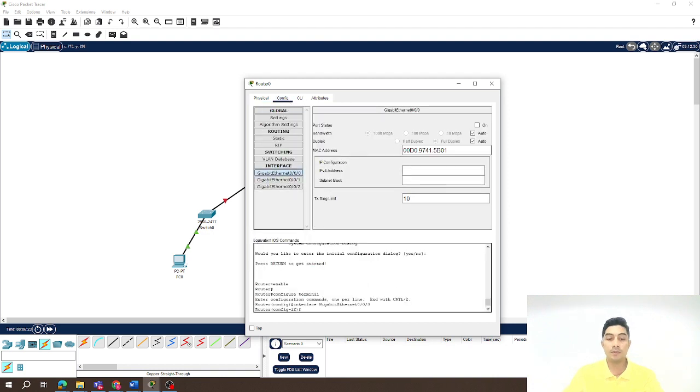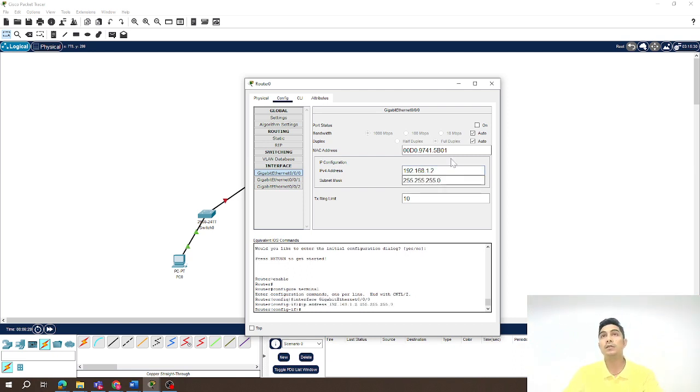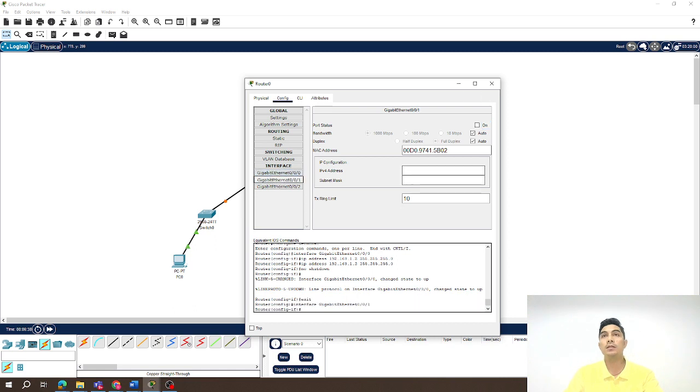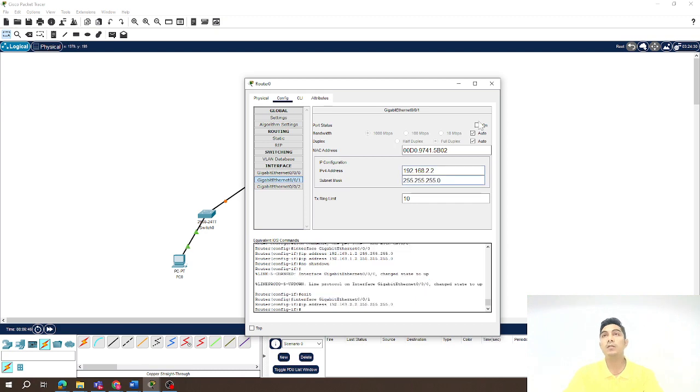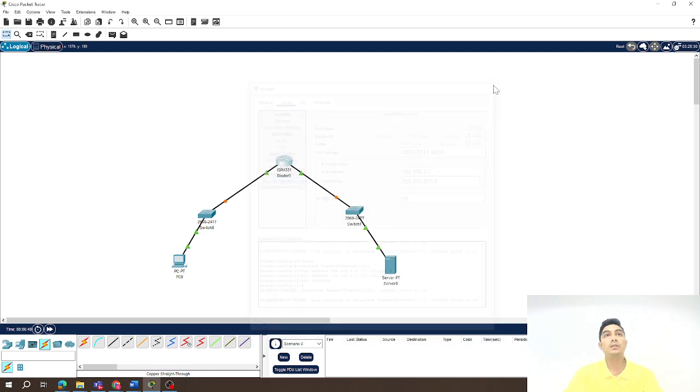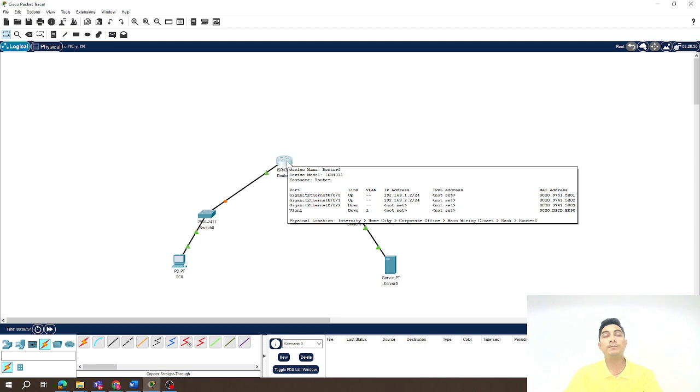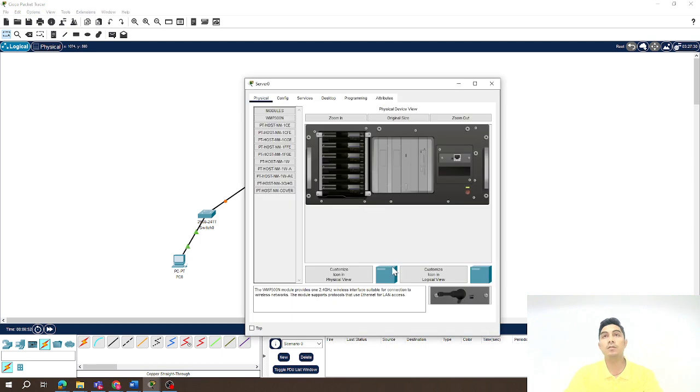Then let's click on the router and set the IP address 192.168.1.2, and then we need to turn the port status on. All right, and then we switch to another interface, 192.168.2.2, and also turn on the port status. So after configuring the router, we go to the server,